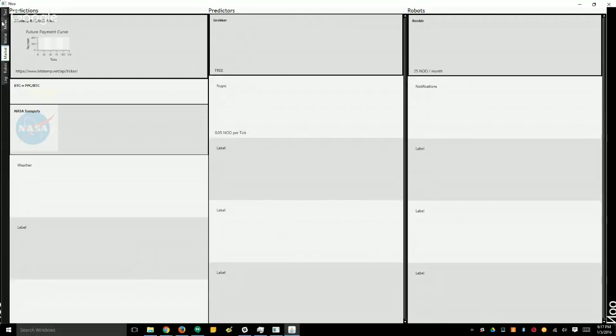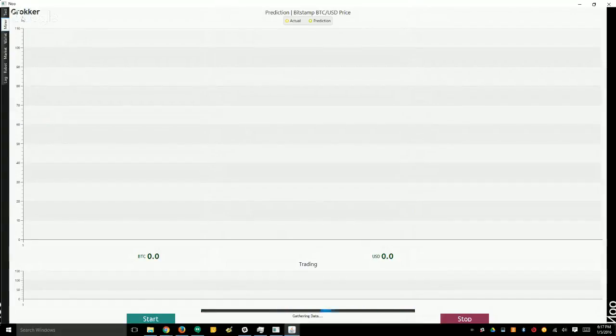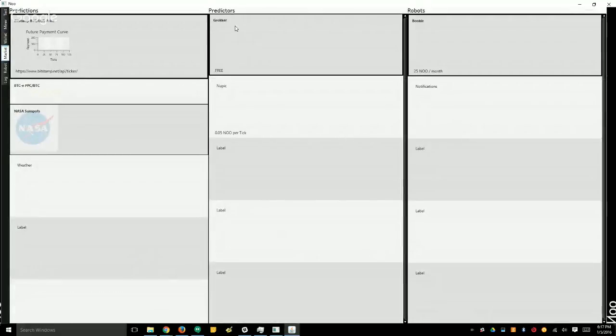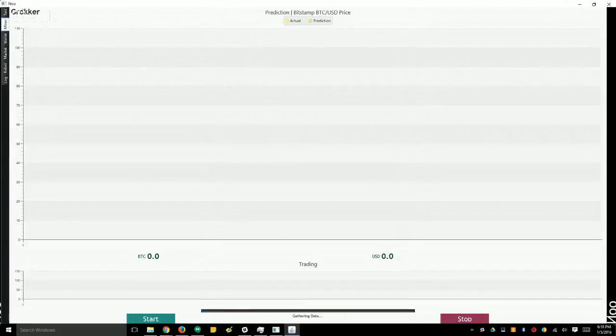If I pick that, it's going to change what shows up here. So I see Grokr now, and I can just run that, because it's free, so it doesn't cost me anything. But if I want to use this new pick one, that could cost me this much of the coin per tick. That's going to be a curve as well, just like this. They'll have a curve of cost to use that to mine with. So that's how I pick that, and then I go back here, and that would show up here, new pick. That would be my miner that I used, and I could run that, and that would make me money. But that's making money by virtue of